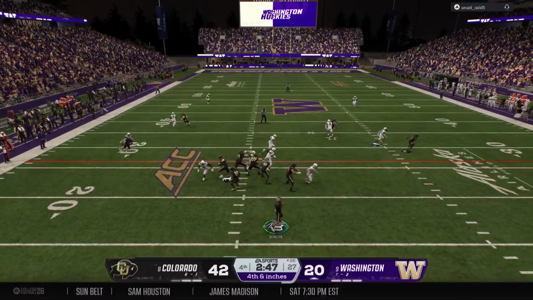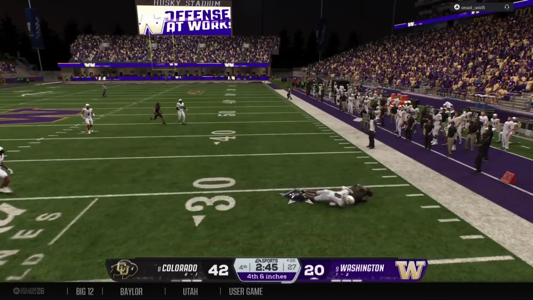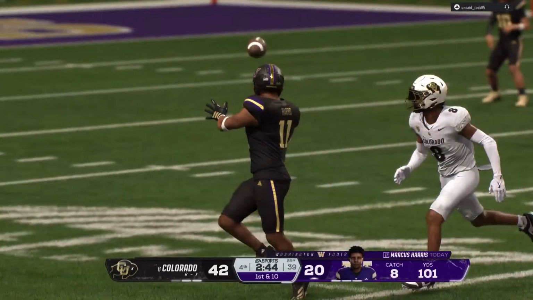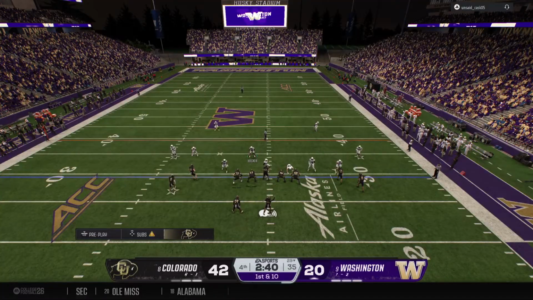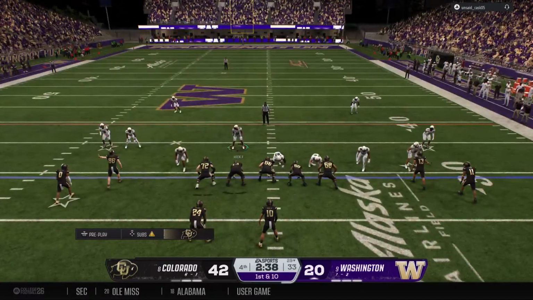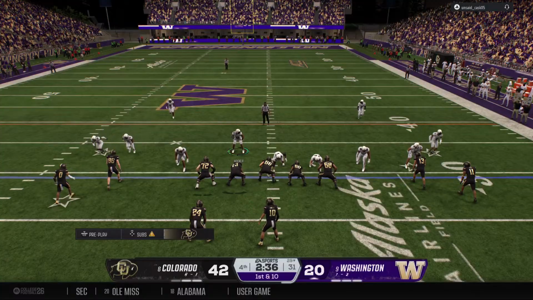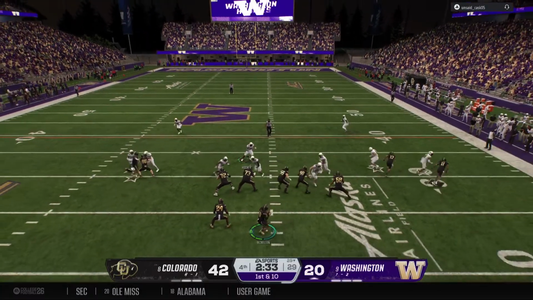On 4th down, they're taking to the air. The throw to the outside is complete. Chain gang on the move. It'll be a 1st down at the 29. And on defense, you make the tackle after the catch for a 1st down. Now you've got to go get lined up again because the offense is going fast.